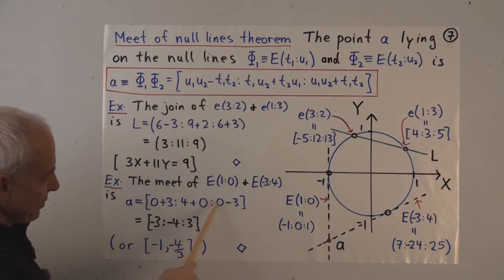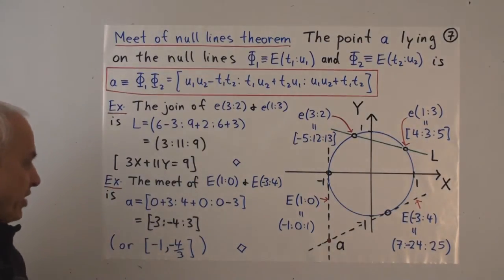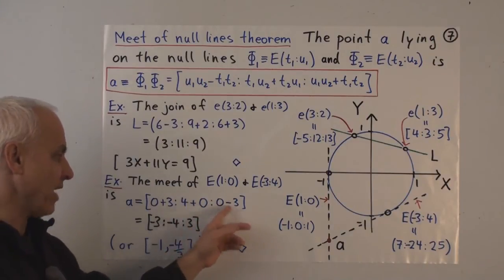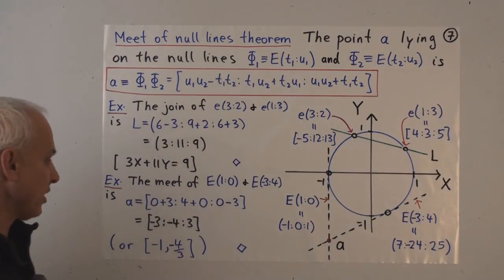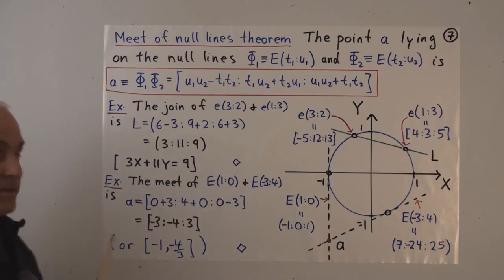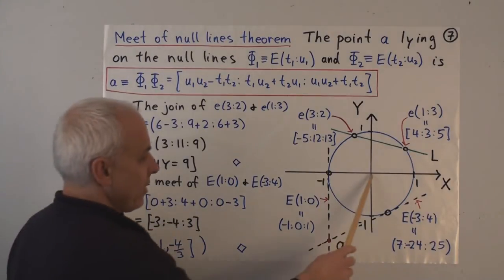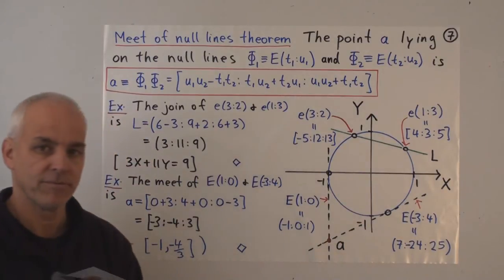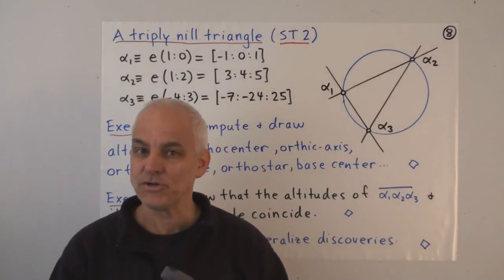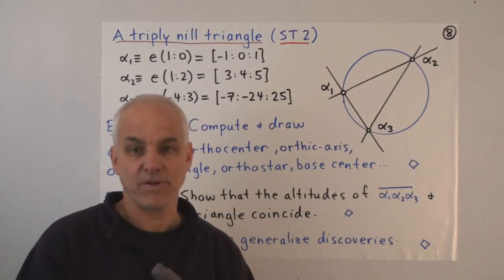And we prefer generally to keep the third coordinate positive, sort of a way of giving us a more canonical expression. So let's agree that more or less we'll try to arrange that third coordinate being positive, multiply by minus 1 if necessary. And that's what we've done here to change it to minus 3, minus 4, 3. And as a point in ordinary xy space, we would divide by this 3 to give us minus 1 and minus 4 thirds. Minus 1, minus 4 thirds.